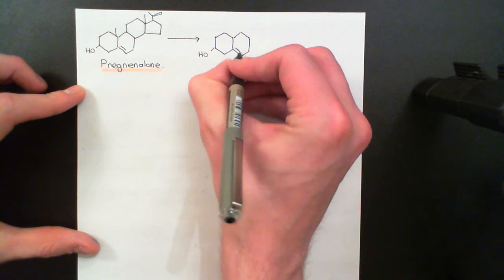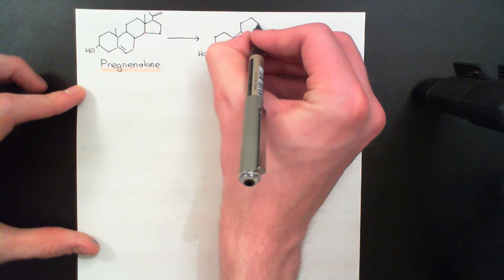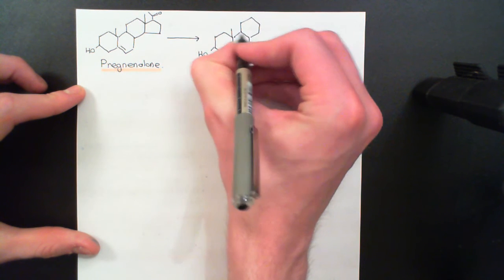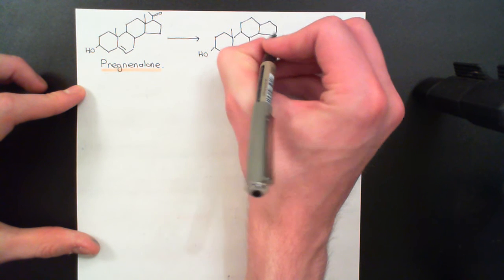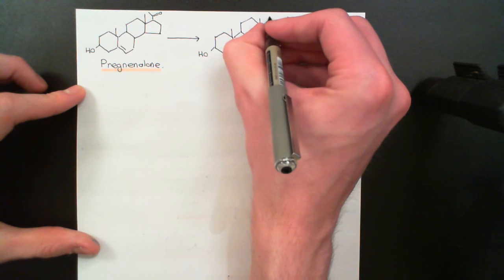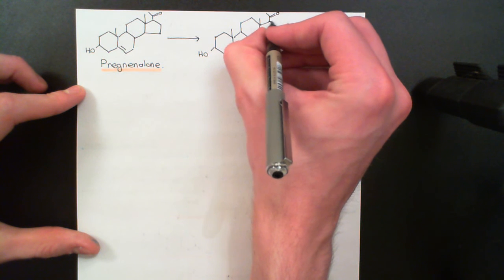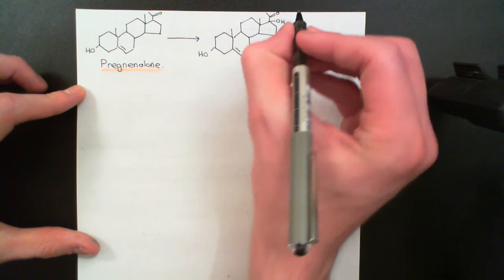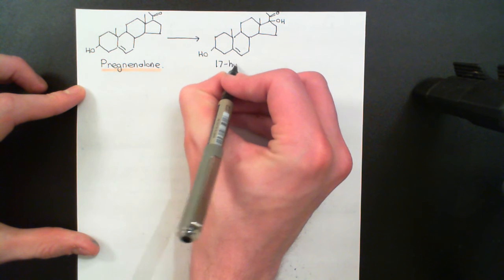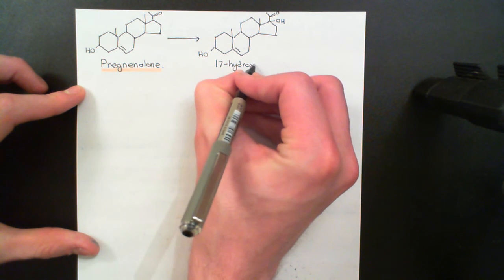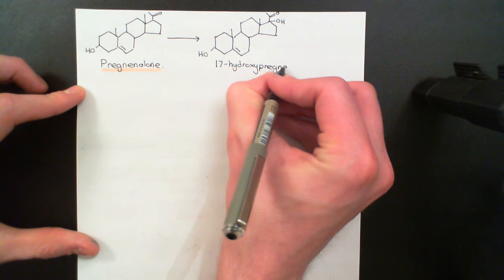Here is ring B with our double bond between carbon 5 and carbon 6. Ring C, methyl group coming off carbon 10. Here is ring D, methyl group coming off carbon 13, and then our side group coming off carbon 17 up here. And now we'll have an alcohol group also coming off carbon 17. And this molecule is, of course, now